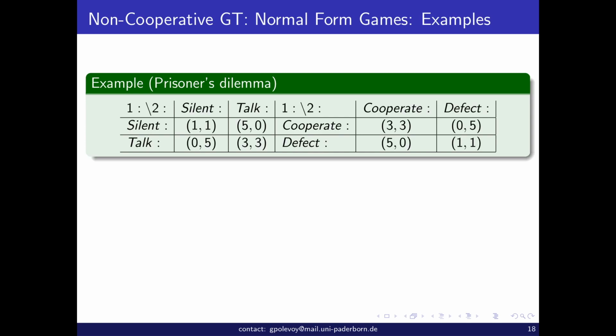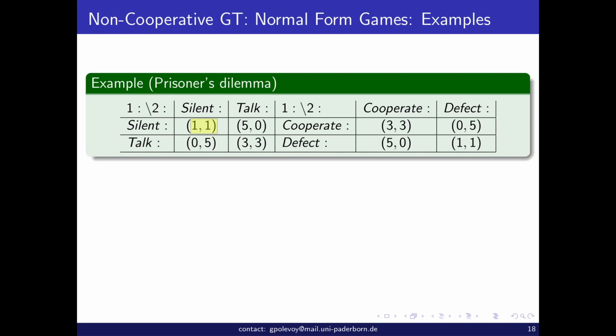Now I've changed what's going on, because there can be several stories which give rise to the same strategic situation. So the first story, look at the left matrix. The two prisoners have committed a crime, and then they can either remain silent, and then here I don't write what they get, I write the cost. So it's the opposite of utility. They want to minimize that. They get 1 year in prison, because if they're both silent, the prosecutor can only prove a minor offense. They only get 1 year in prison each.